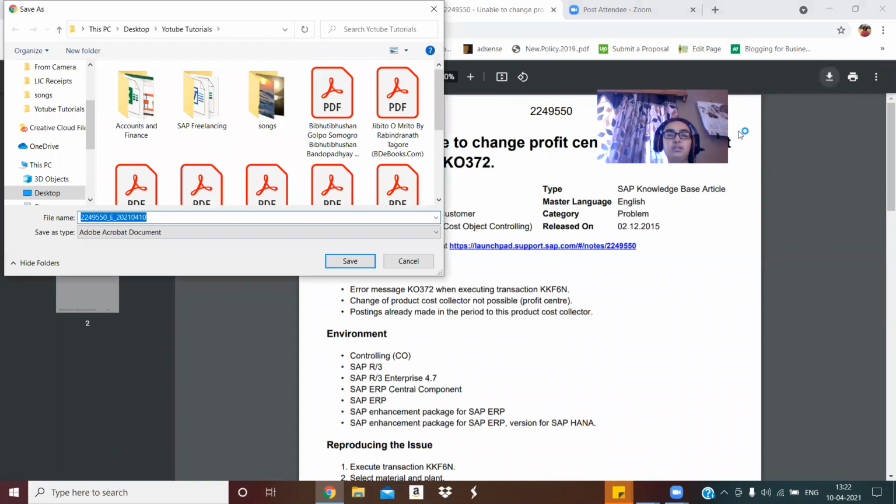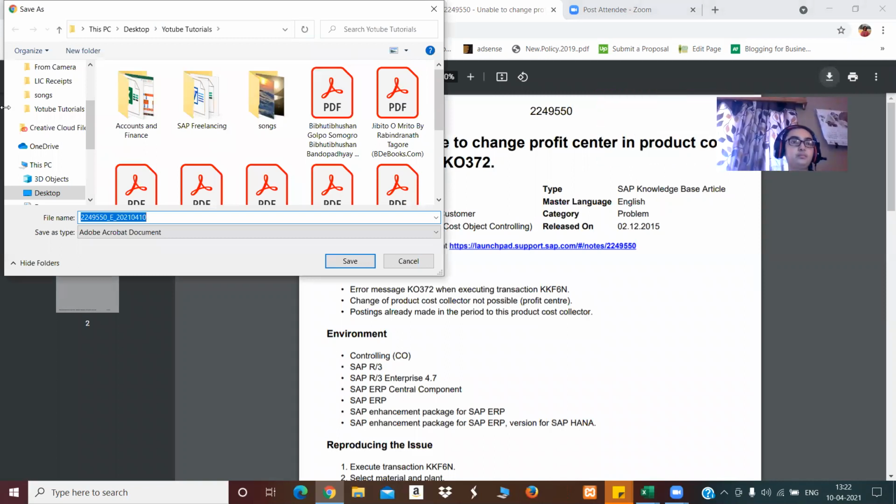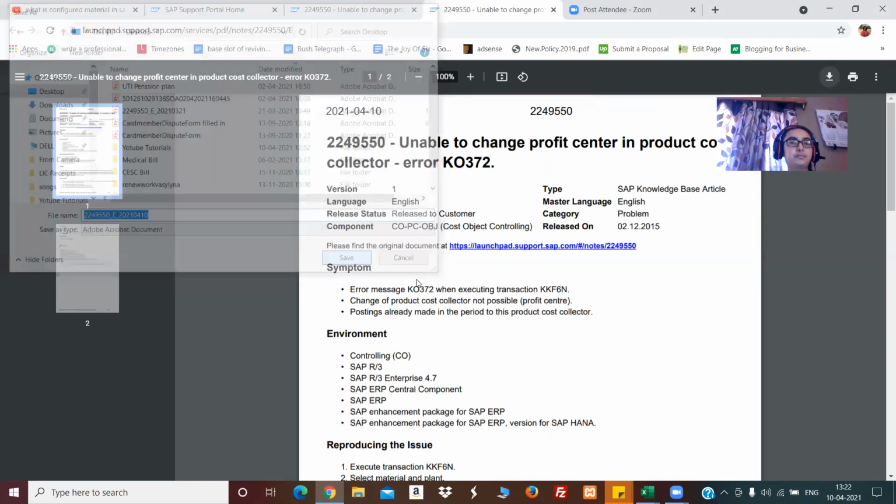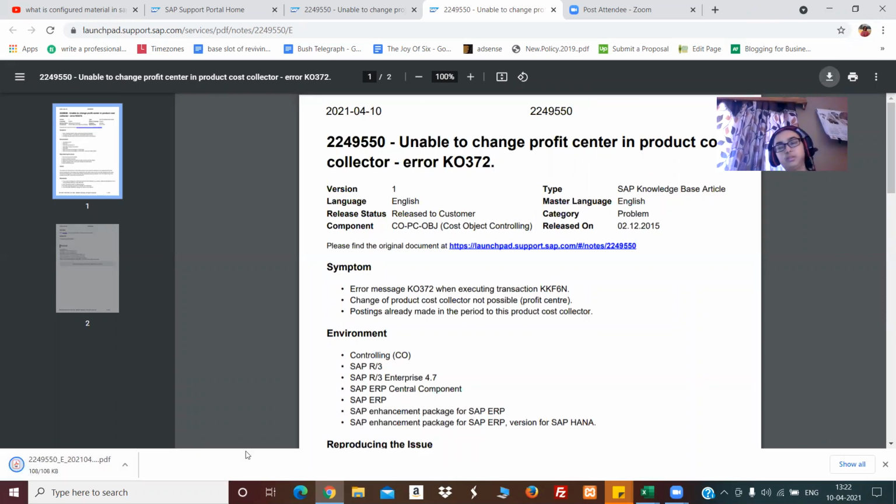I have clicked on the download button. I am saving it on my desktop. The note is saved on my desktop. Note is saved. So that's what the SAP note is all about.